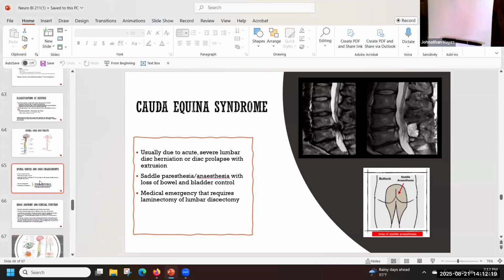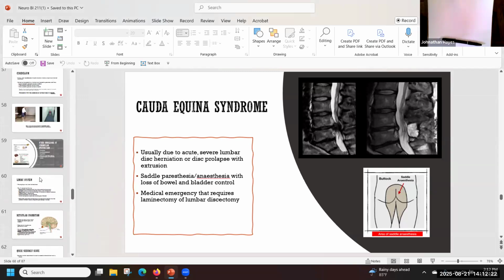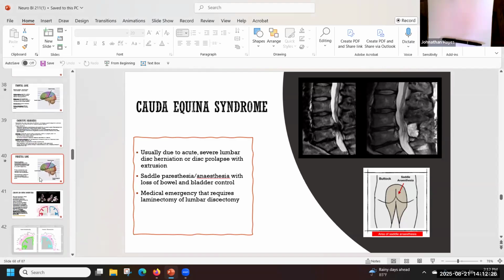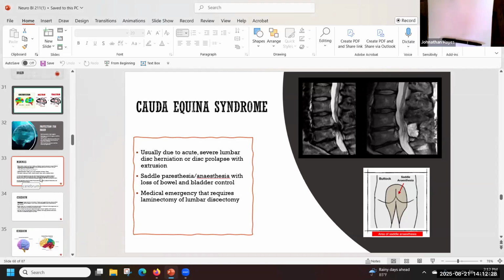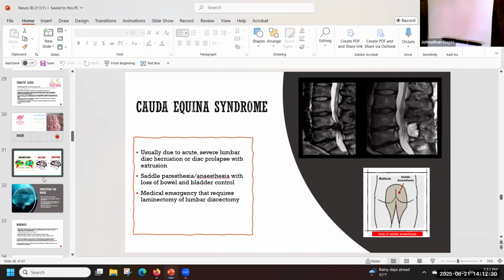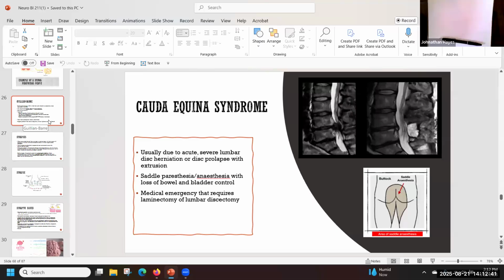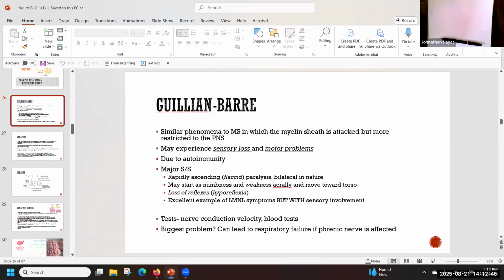Let's see. Let me go back up to something we had skipped over. And I know there's a lot of brain slides we have not gotten to yet, but if you remember, the brain, we study that in a fairly simplistic manner. This part is responsible for this, and this part's responsible for that. We're going to try to keep it largely the same. But going back to the earlier discussion we were just having on spinal peripheral nerves,